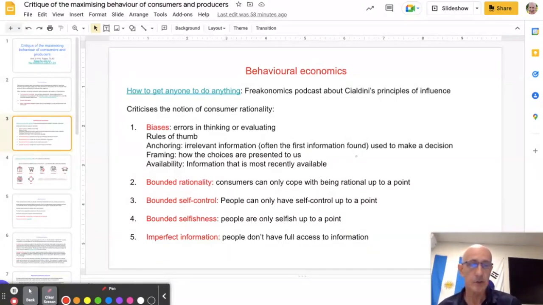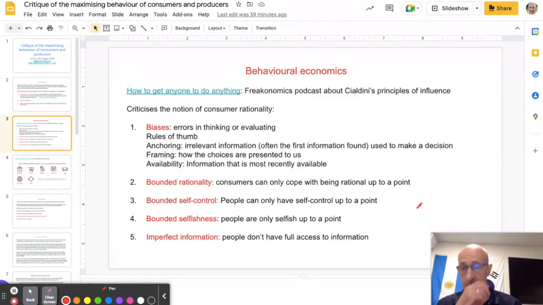So there's loads of psychology and neuroscience that goes into the decisions that we make as consumers. And even to the point that we can't cope as consumers with being rational all the time. It's not the way that humans live their lives. We're more emotional than that. We make decisions based on emotion. We can only have this self-control up to a point. I mean, some people are different. Some people are more rational than others, but to assume that everybody behaves rationally all the time is stretching the